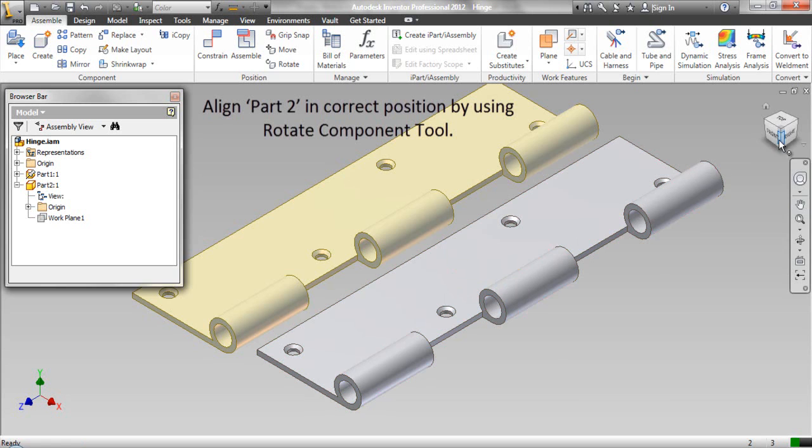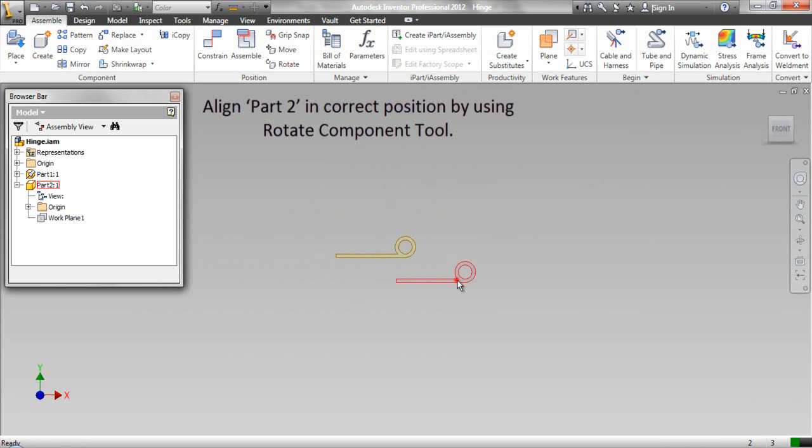Align part 2 in the correct position by using the Rotate Component tool.